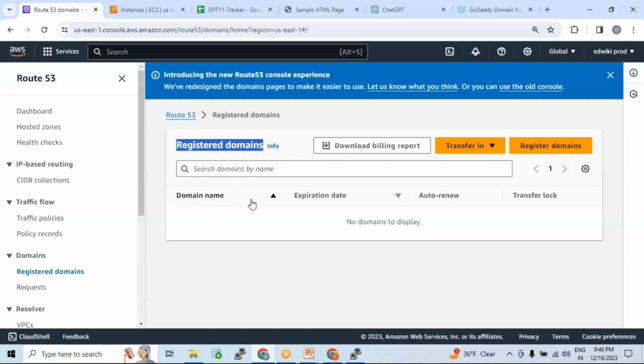We have multiple options now. One, you can go with the transfer option and transfer the domain from GoDaddy to here, so that once the transfer is successful, your domain will be available in AWS itself, not in GoDaddy. That is one option, to do the transfer. Once the domain has come here, you manage the resource records in Route 53 only. You don't need to go to GoDaddy, right? The second option is you go to the hosted zone,